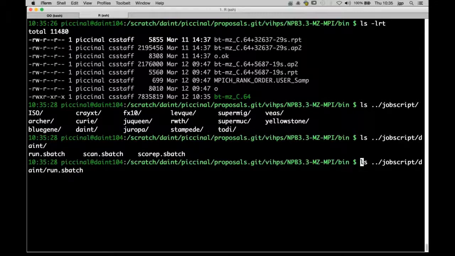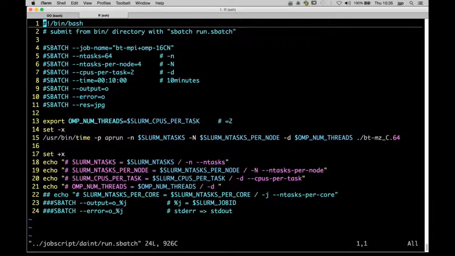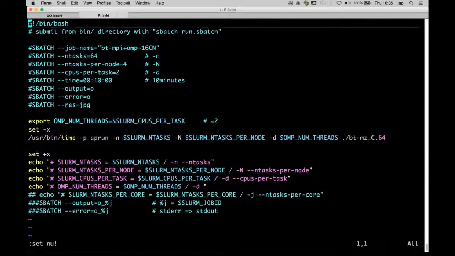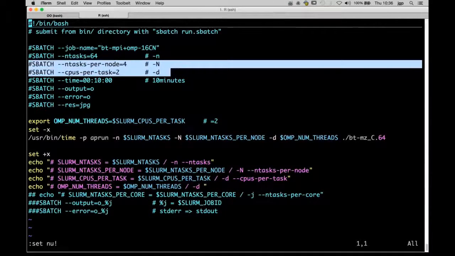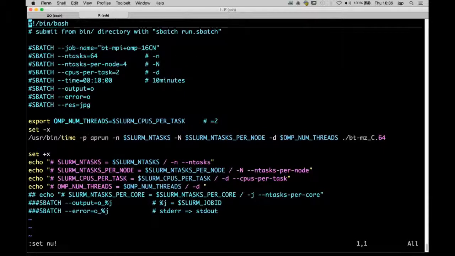In that case, I want to run 64 MPI tasks, and I want to use OpenMP actually. So I want to use 2 OpenMP threads. So I'm setting CPU per task equals 2, and I'm also setting the number of OpenMP threads to 2.